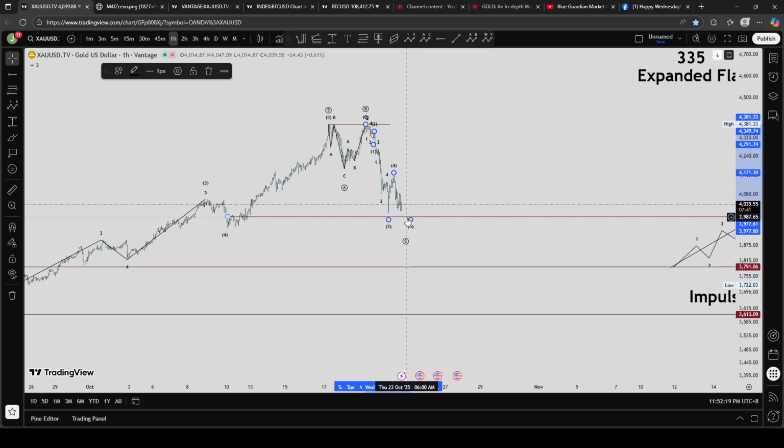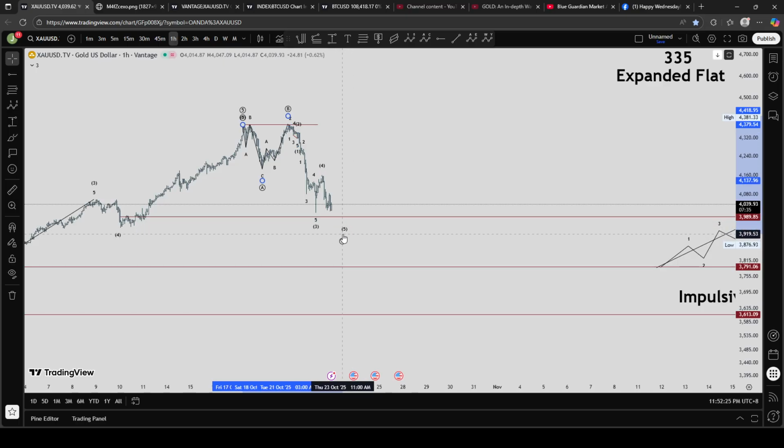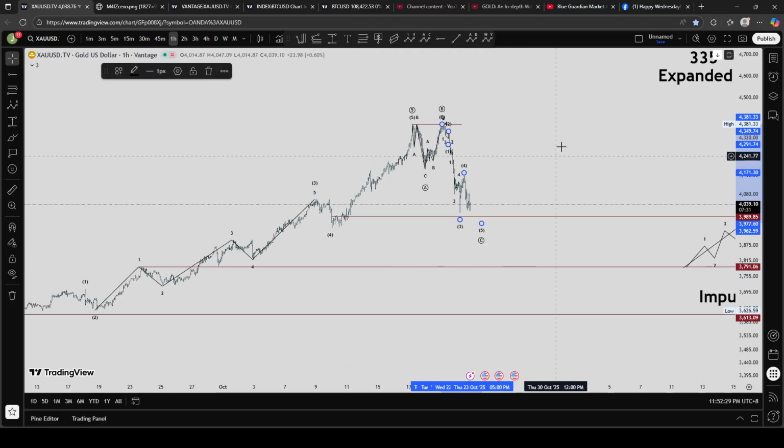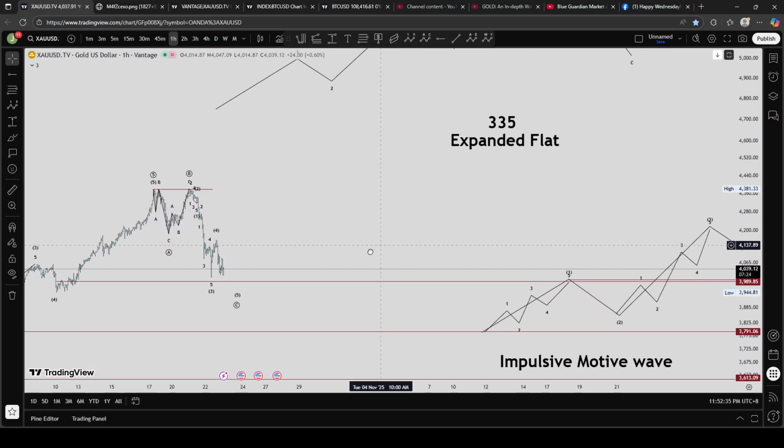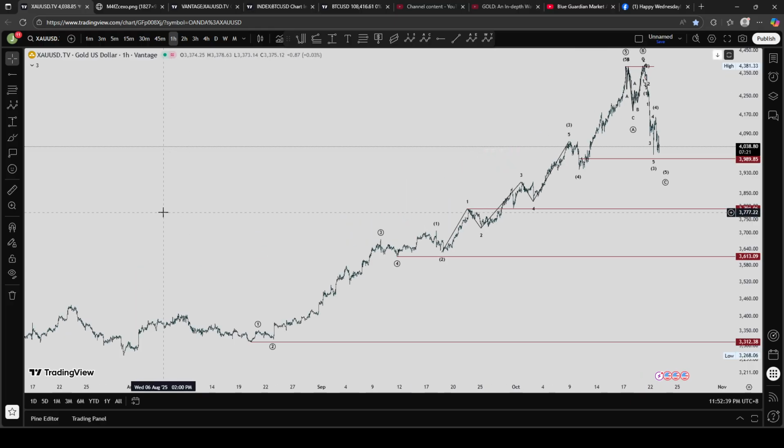Now, Sir Jack, what will happen once we have completed the internal waves of the fifth wave here for a possible expanded flat scenario? Then we are expecting a new all-time high price again. But what will be the invalidation, Sir Jack, of your expanded flat correction scenario? The invalidation